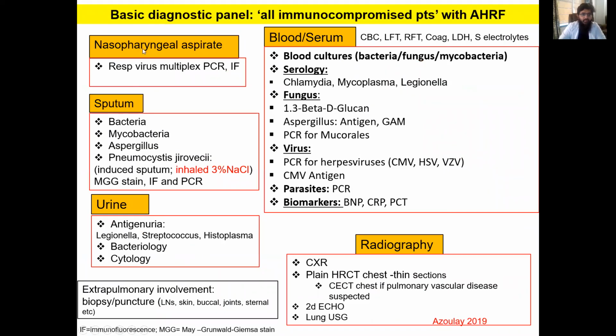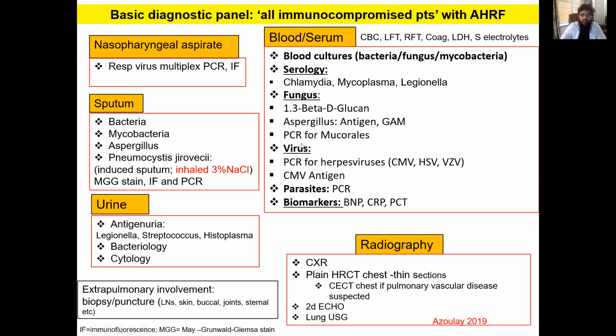A basic panel for all patients starts from the nasopharynx: respiratory virus multiplex PCR. Sputum cultures for bacteria, tuberculosis, fungus, Aspergillus, Pneumocystis, do a GMS stain, and PCR and immunofluorescence. Urine antigen panel for Legionella, Streptococcus, histoplasma, bacteriology, and cytology panels. Blood: basic labs, blood cultures, serology for atypical bacteria, fungus using biomarkers like beta-glucan,